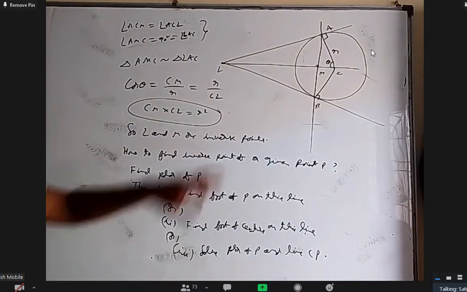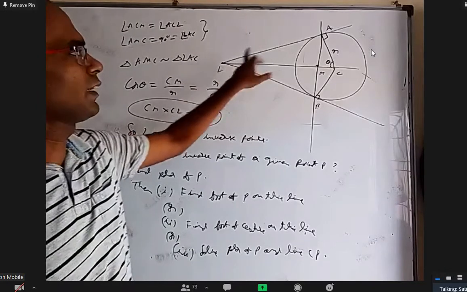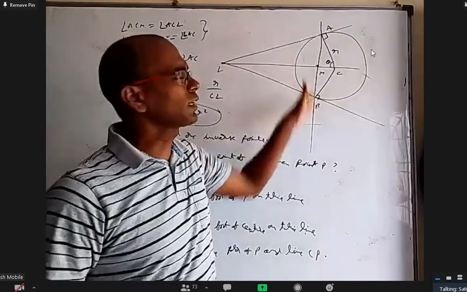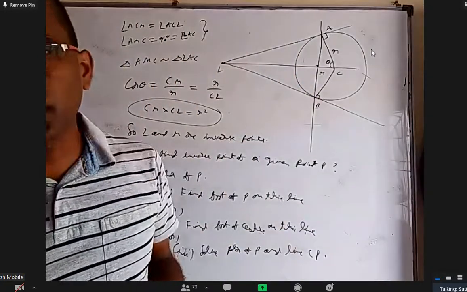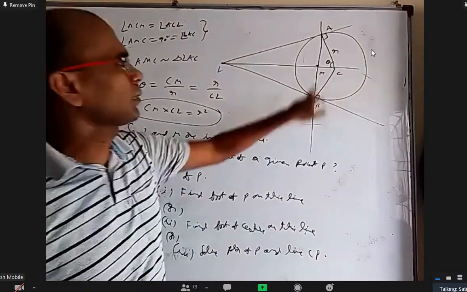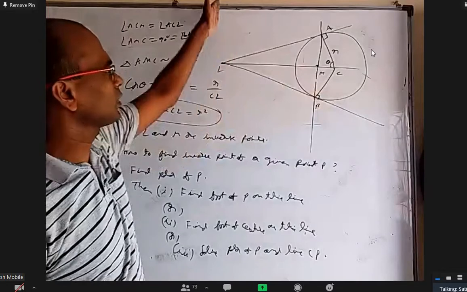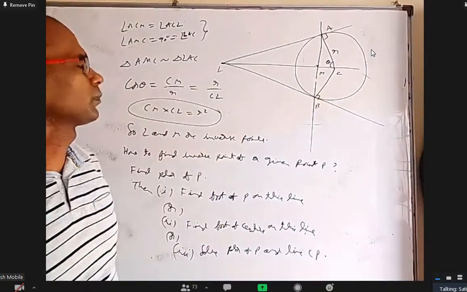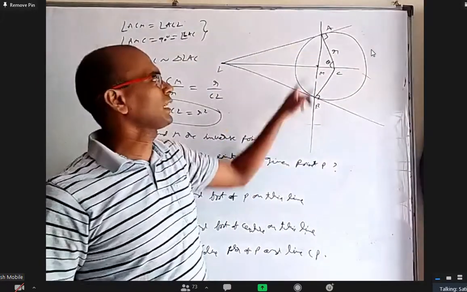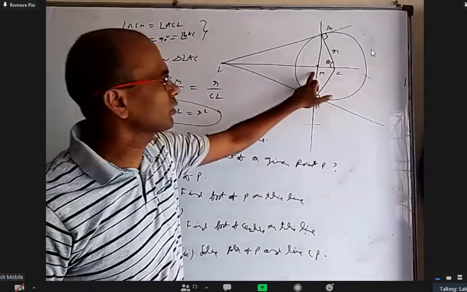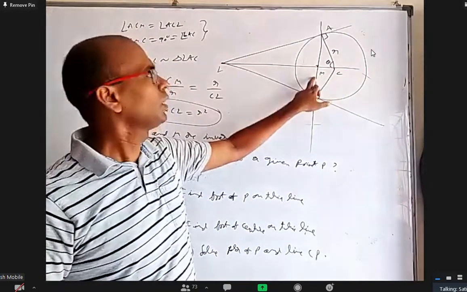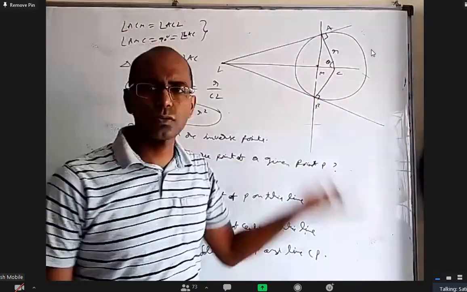Okay, if they really give you P, how to find inverse point? Find this line. What is that? Chord of contact. You can even say polar, S1 equal to 0. Because sometimes L may be here, M may be here. If L is given, how do you find this? Find polar of that, you get a line here, not a big issue. Now, once you know this line, how will you find this point? Foot of L on that you can find, foot of C you can find, or solve this line and this line also you'll get it.